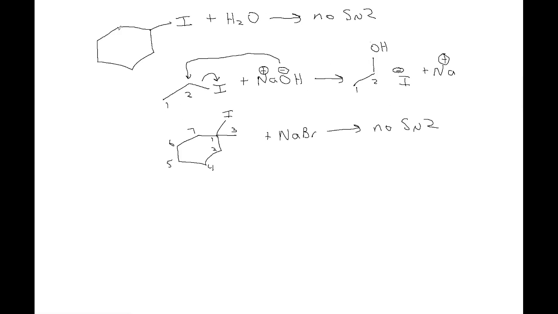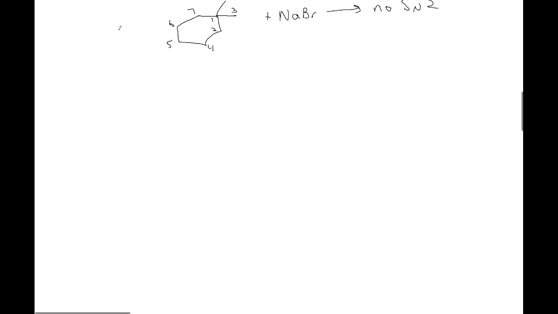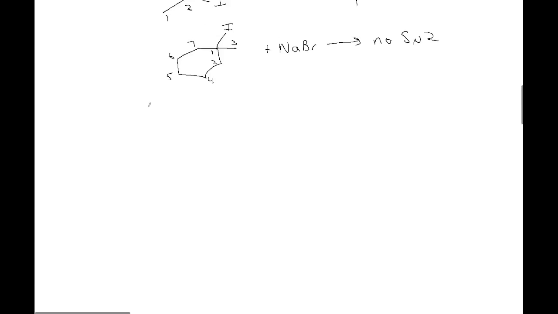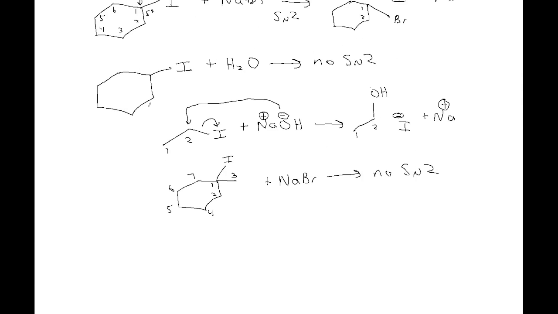Okay. Has your class talked about stereochemistry yet? Yes, they have. Okay. So the next thing we have to learn about is the stereochemistry for an SN2 reaction. That's almost always going to be tested. So one thing to realize is so far I haven't been showing geometry in any of the products. That is, I haven't used wedges and dashes. How do you know when you need to use wedges and dashes and when you don't? Well, in general,